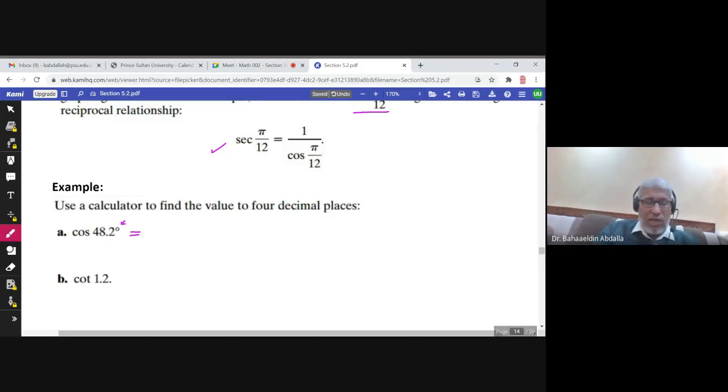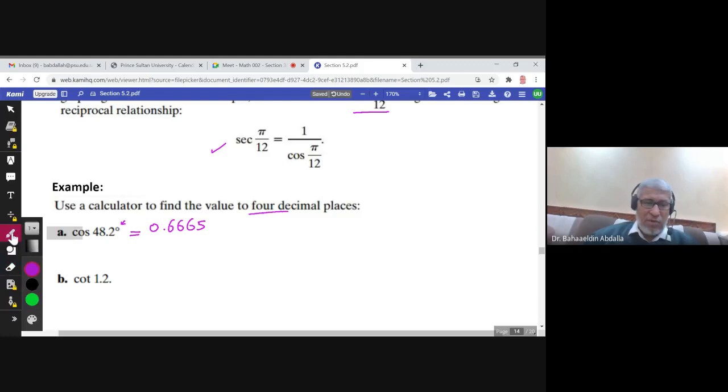So I just go to cosine, I press cosine, and then I write 48.2. I press enter. The answer would be 0.6665. He asked for 4 decimal places. These are 4 decimal places. Now you look to the number after 5. After 5, I have 3. 3 is a number less than 5, so I can just cancel it,